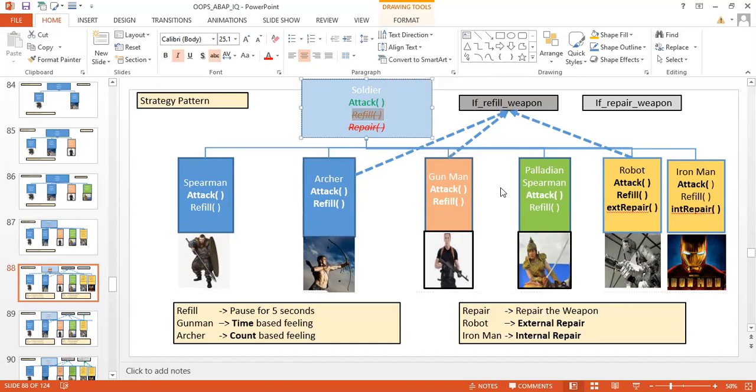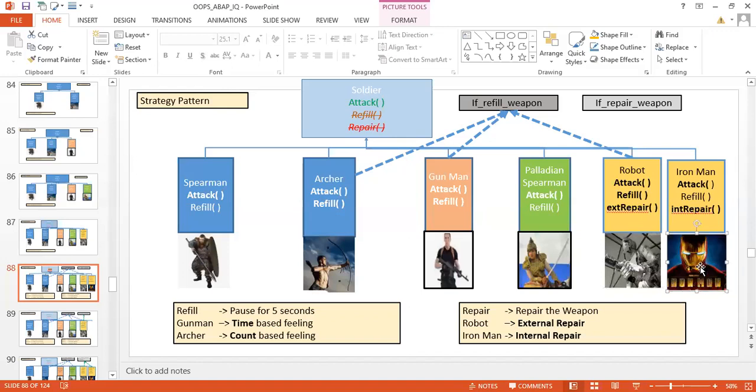Okay. Now you create one more interface for repair weapon, because repair is required only for this. Or suppose in future you have another subclass. So this Iron Man and this robot, this is actually the robot, I was just telling that this is the Iron Man here.